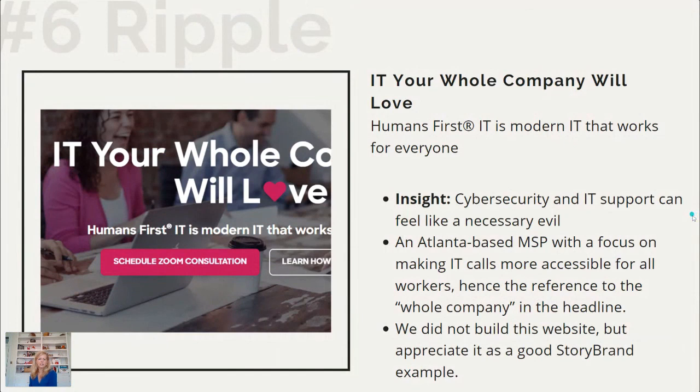Also a website we didn't do, but we do think this is a very good example that we will highlight for the interesting things that they have done. So, IT your whole company will love. They have this human first IT. Human first IT is modern. It's modern IT that works for everyone. So the insight is that we would assume this is built on